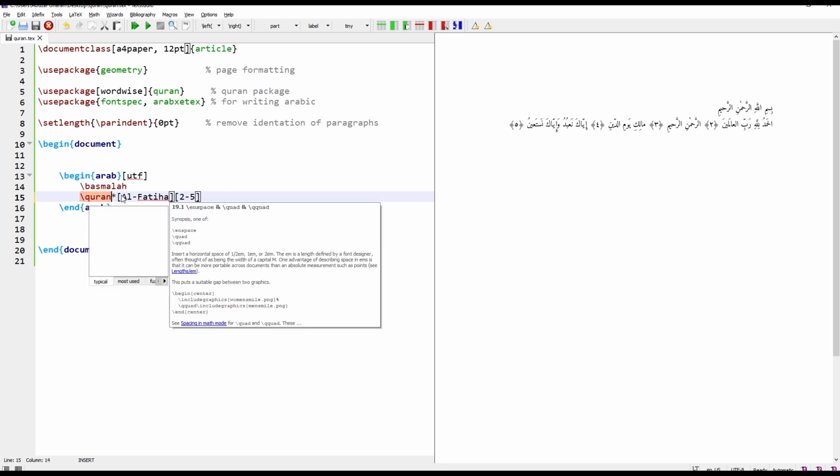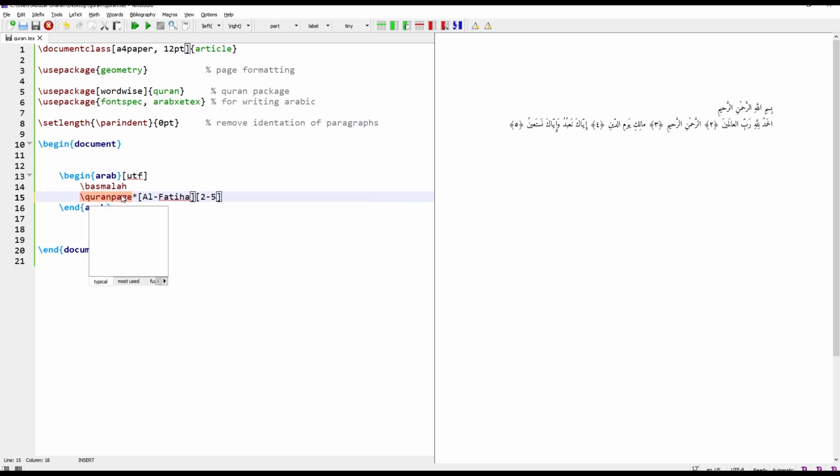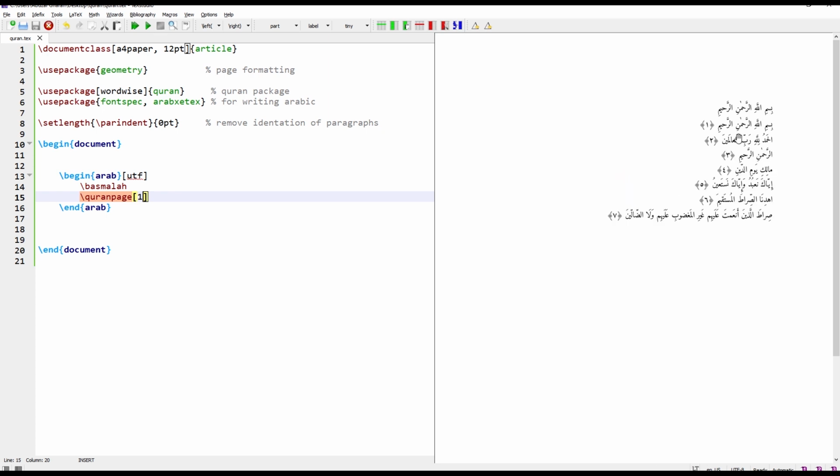Quran page 1, the first page of the Quran is first surah.